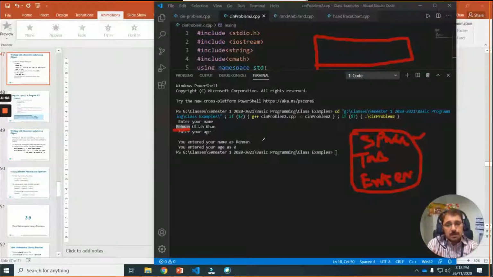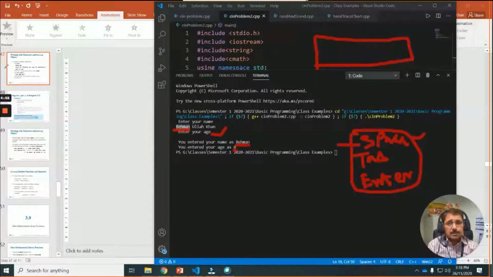So the cin statement takes any of these and considers it as the next input and doesn't wait for us and goes ahead to the next line. So it displays only my first name, and after that, you entered your age as 0. The computer didn't wait, and the default value is considered. Do you understand this? This is actually the problem with the cin statement.